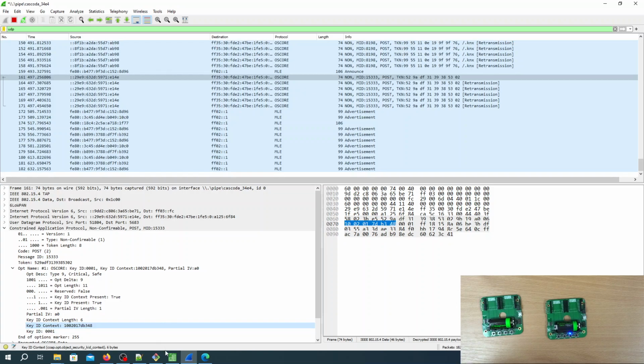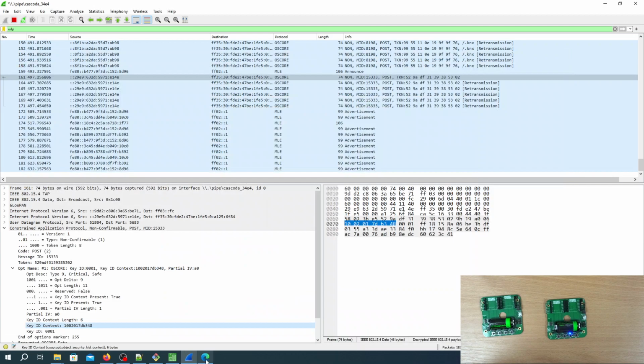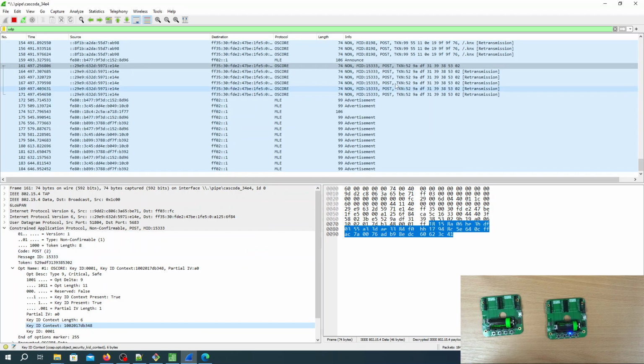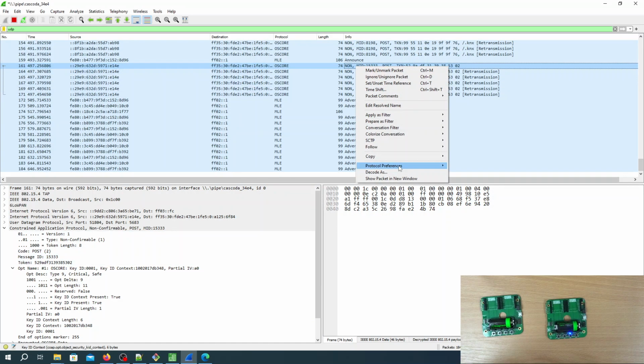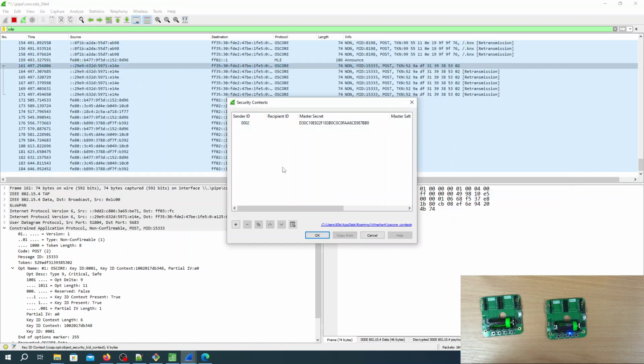Okay, so we will go over to our security report, copy the key for group address 1, right click, security contexts, add a new security context, paste the master secret, sender ID is 0001,